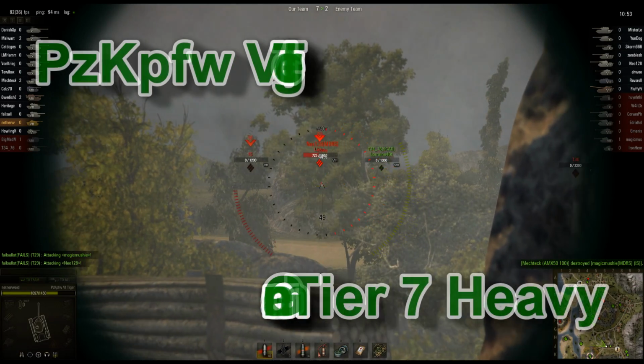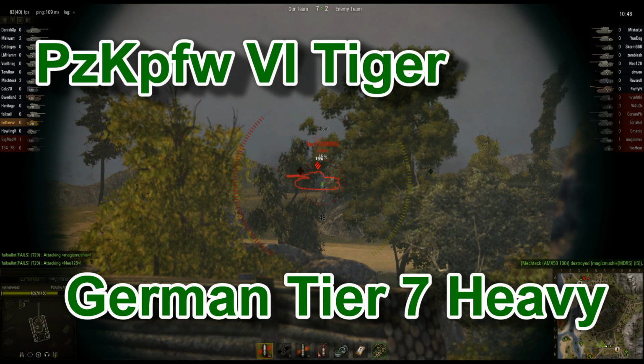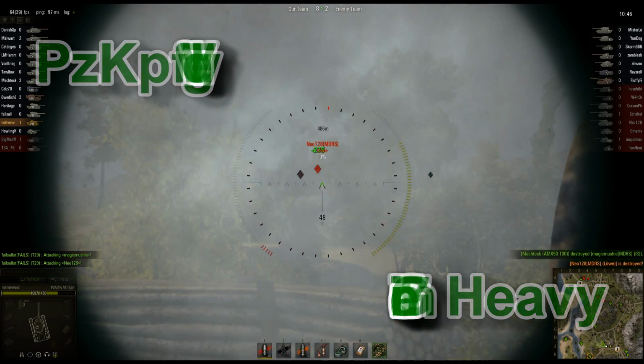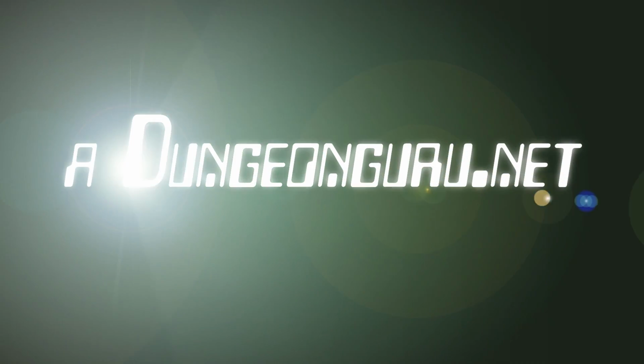You can't just sit out in the open and try to push. They have soft armor. Nice. Took out a tier 8 right there. And that's why...